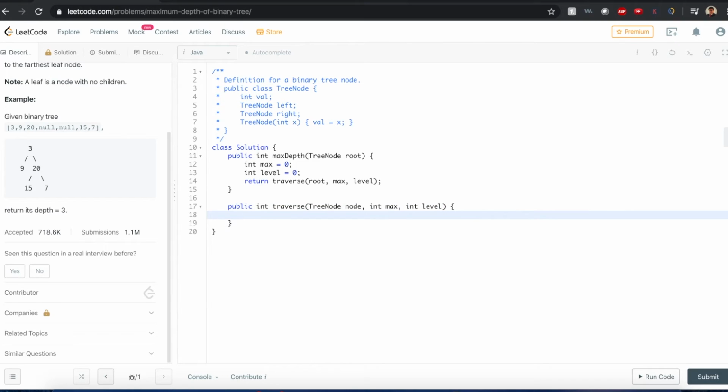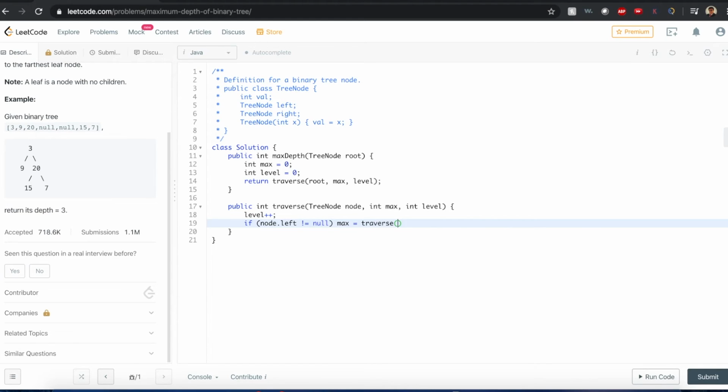Bam. Okay, now what? So as soon as I was able to land on one of these nodes, I initialized it with 1. So I know that I started with at least 1 level first. Now, I see if there's any nodes to the left. Okay, see? You can see how my story is playing out, right? If there's any paths to the left now. If so, that maximum will equal,